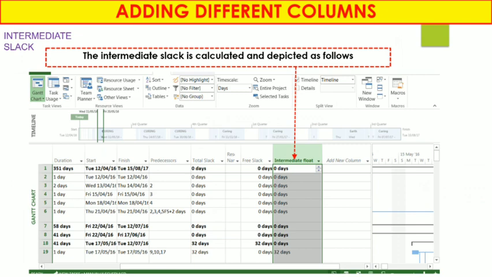So here you can see that intermediate slack is calculated and displayed as follows.